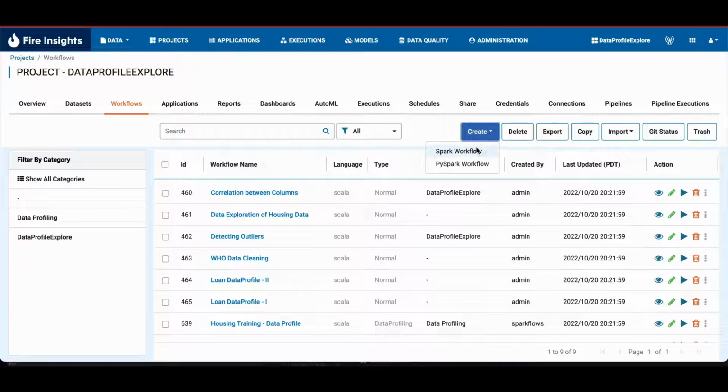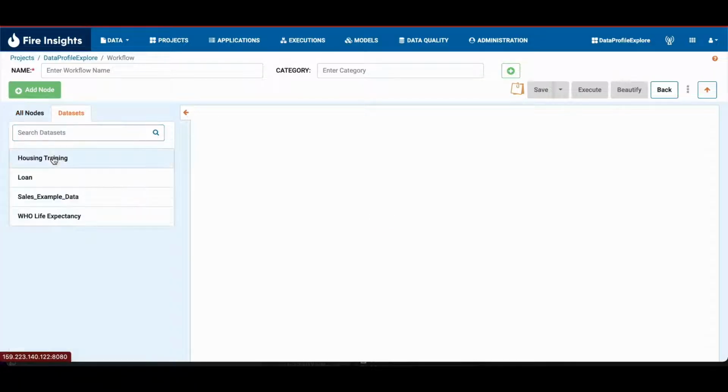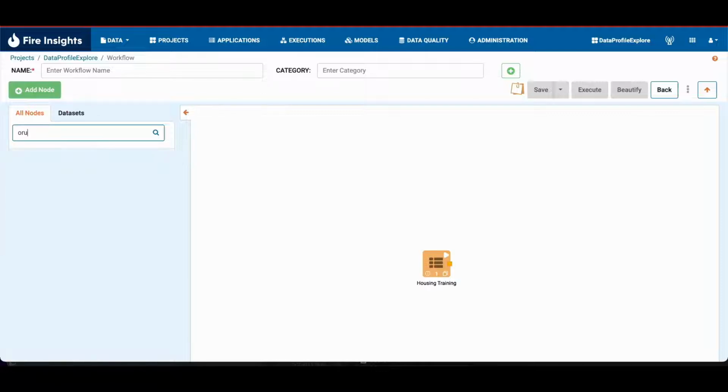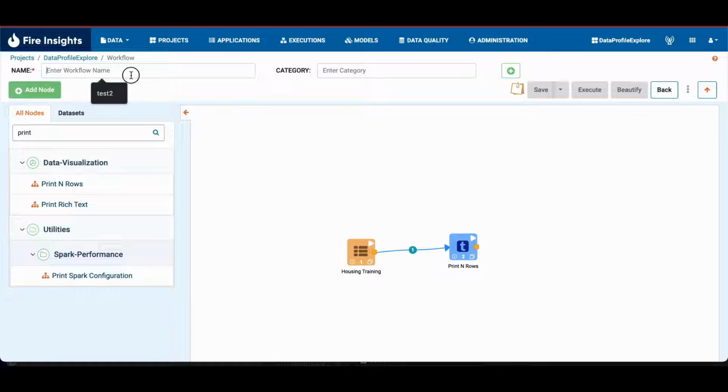So if I were to create a new workflow, just a simple workflow, we can either save new version or save and push to Git. Save new version is to save this to push to Git later, and save and push to Git immediately pushes it to Git. So if we were to save this version,